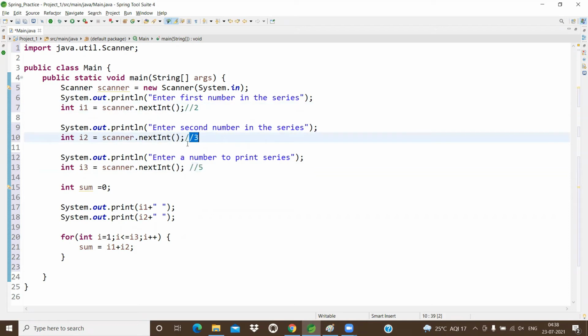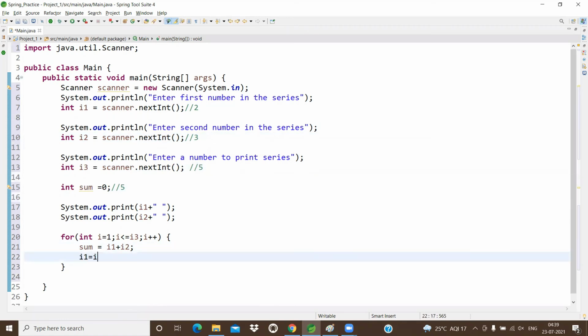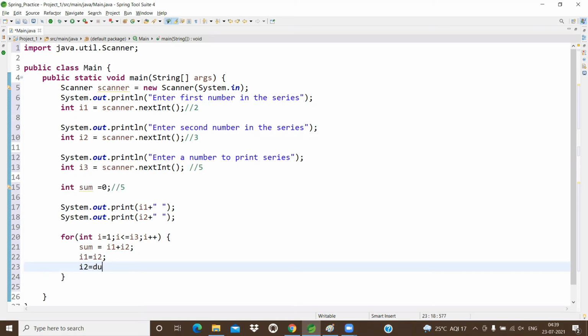Okay, 2 plus 3, 5. Initially sum value is 0, now it will become 5. Now what should I do? The 3 value we should store into i1, and the sum value we should store into i2. That is, i1 equal to i2, and i2 equal to sum.